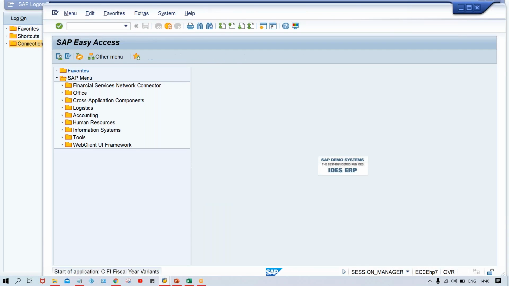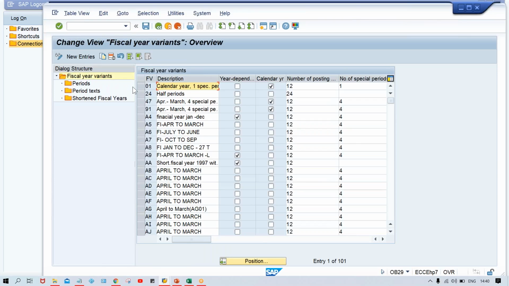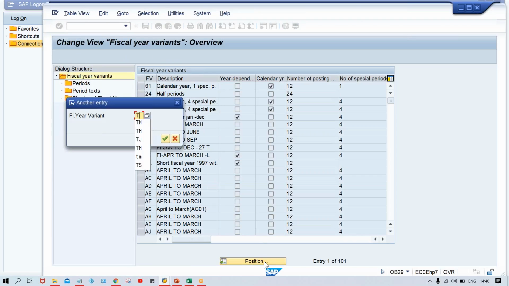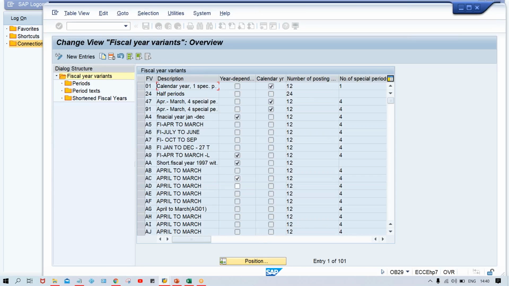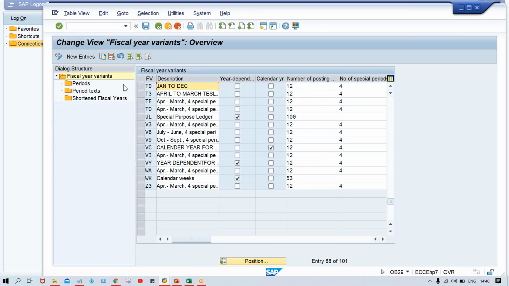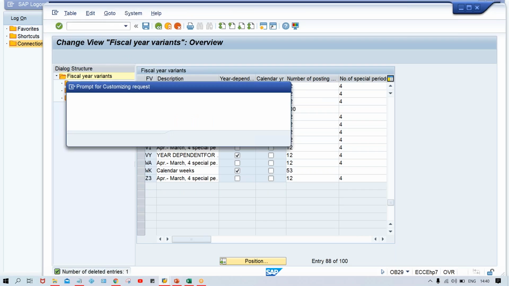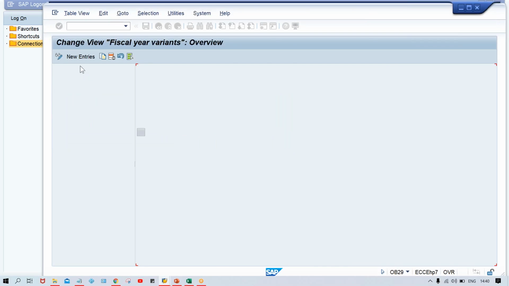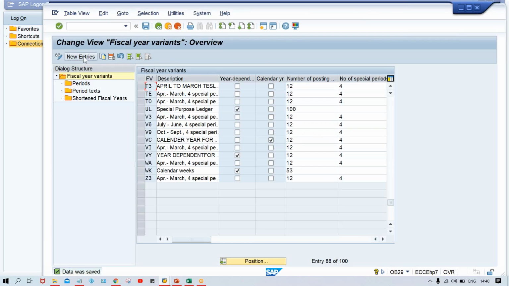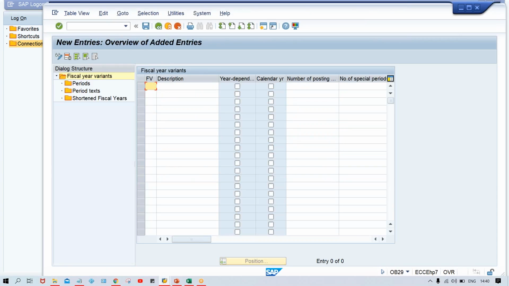If you remember, in the previous session I created T0 and simply saved it. So either you click on new entry, or if you want me to create from the beginning, no issues, I'll just delete it and save it. Now you need to click on new entry here, T0 and descriptions.